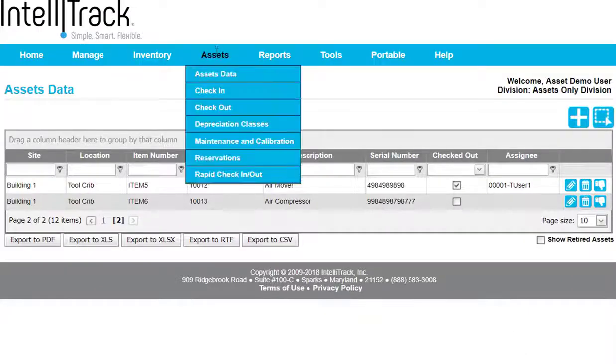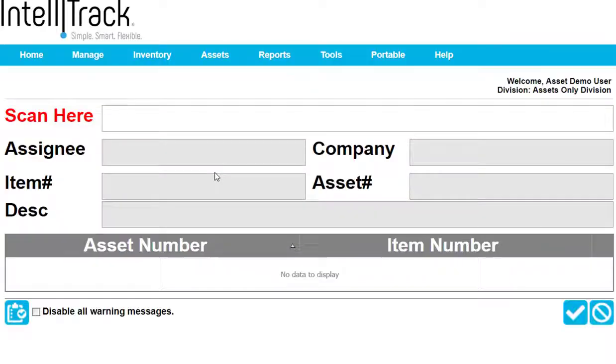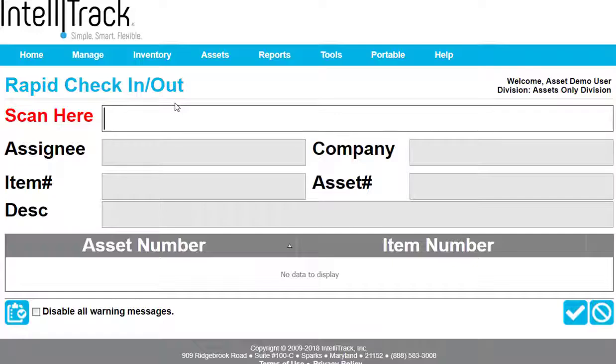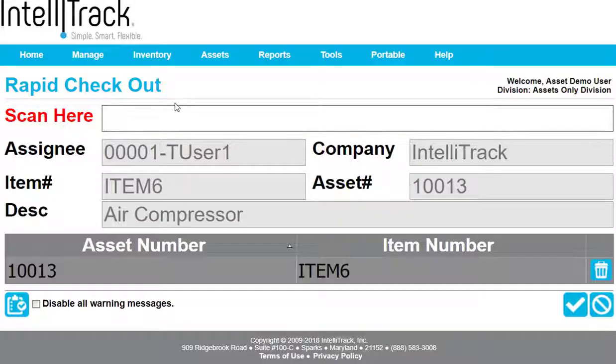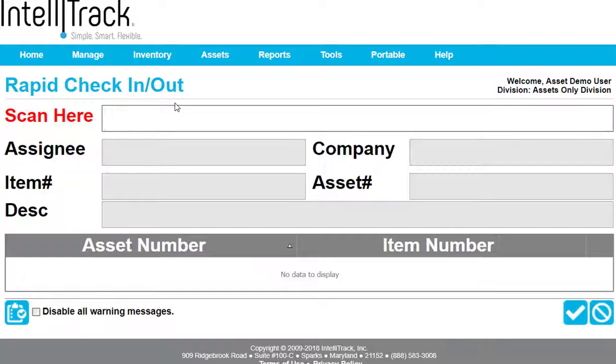The other approach to performing a checkout is also from the PC, but it's using a different form. It's called the Rapid Check-in Out form. And this is done using a series of transactional barcodes, the first of which would be to say, what are we doing? Are we checking something out or checking something in? Then we would scan the person's badge, and then we would scan the asset that we want to check out to that person. And we would continue repeating the assets that we want to check out to that person until we're done, when we would scan a final transactional barcode to save the transaction, clear the screen,